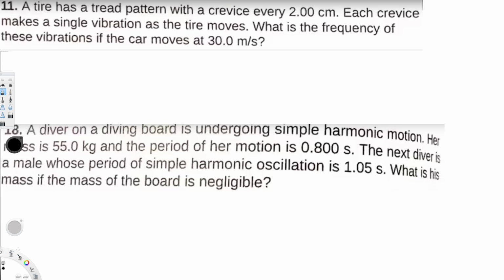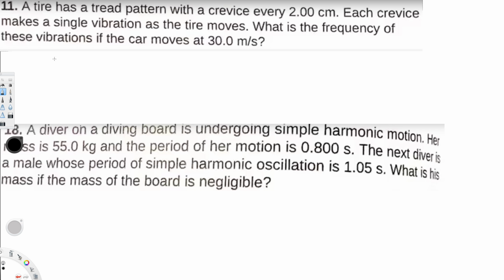So first question is asking, a tire has a tread pattern with a crevice every 2 centimeter. Each crevice makes a single vibration as the tire moves. What is the frequency of these vibrations if the car moves at 30 meter per second? So the provided information is